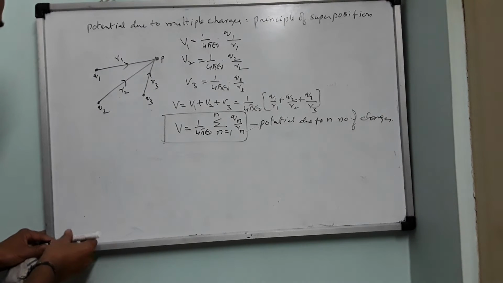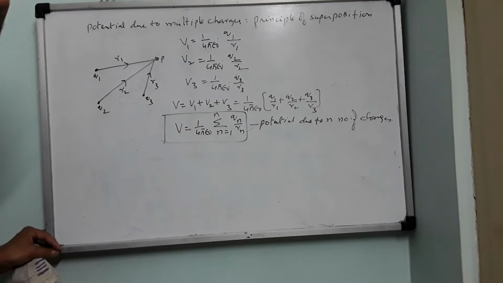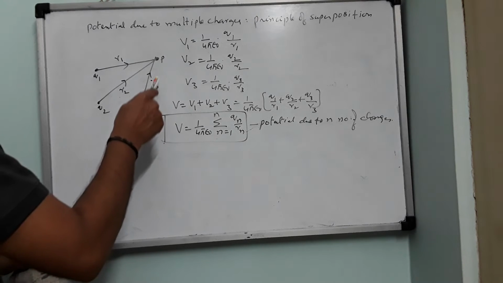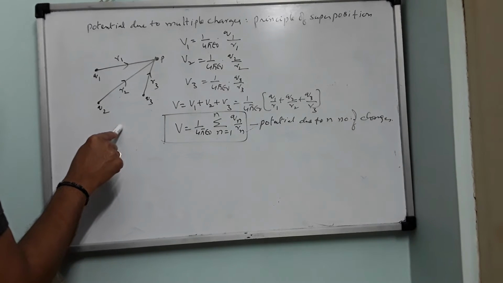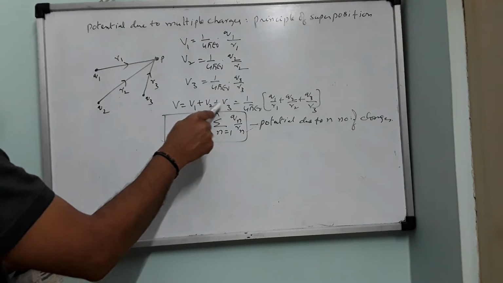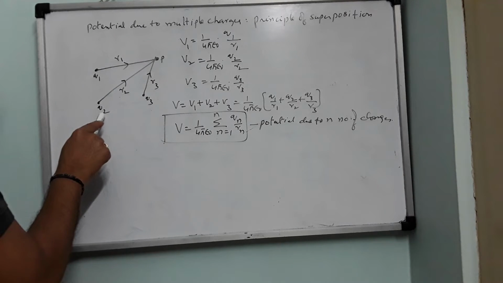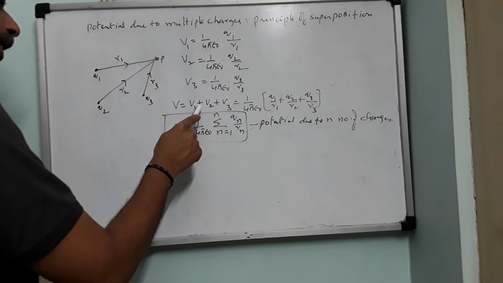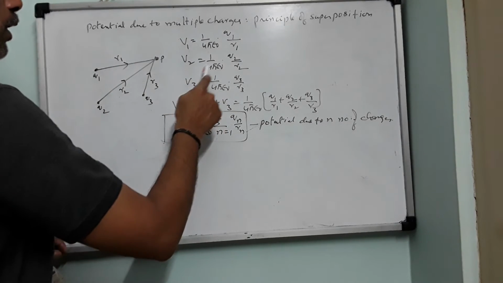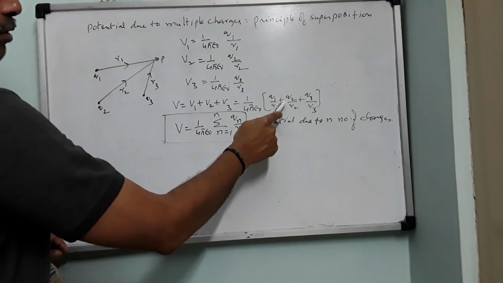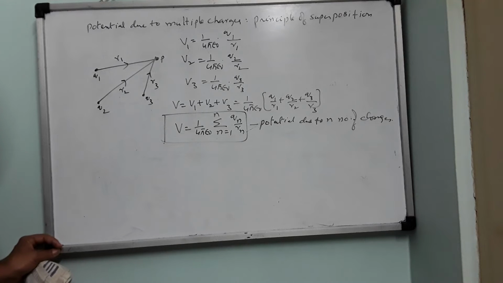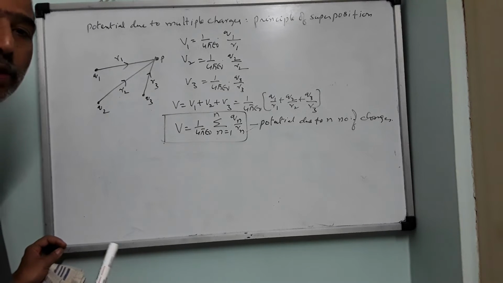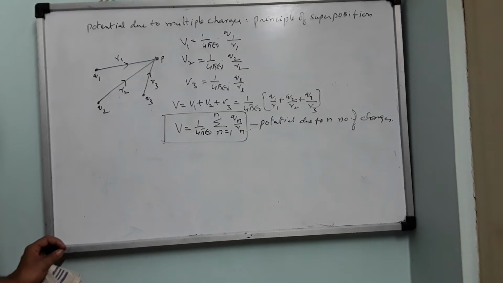So now we will state the principle of superposition for electric potential: the net potential at a given point P due to any number of charges in the system is the algebraic sum only. Suppose Q2 becomes negative, then it will be written as V1 plus V2 plus V3 only, but here minus Q2 by R2 will come. So as it is, we are adding with sign. Remember, when you are adding anything algebraically, the sign of that physical quantity is to be brought along with it.